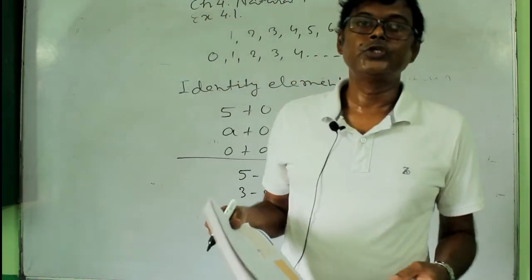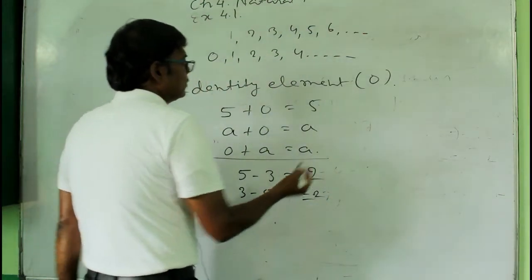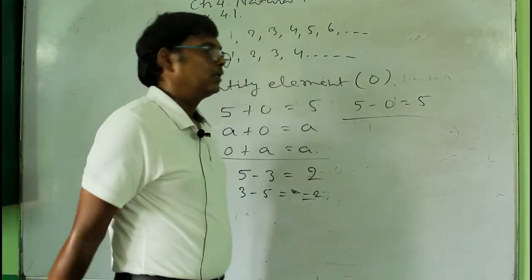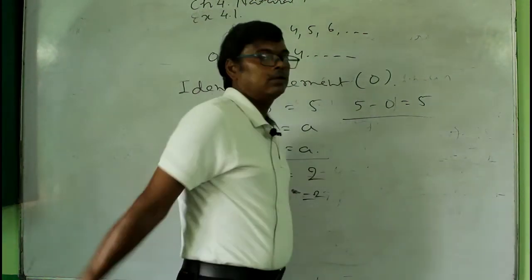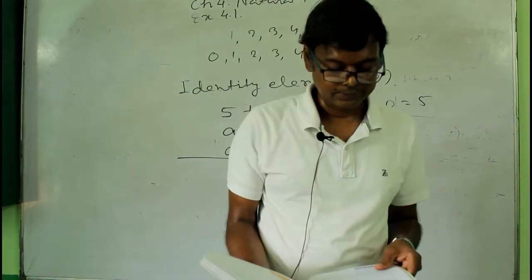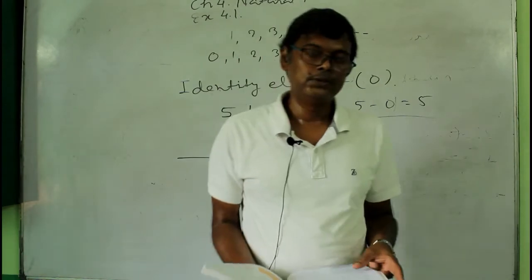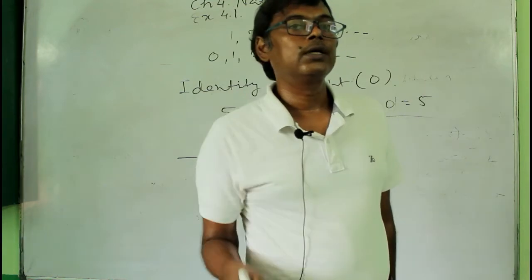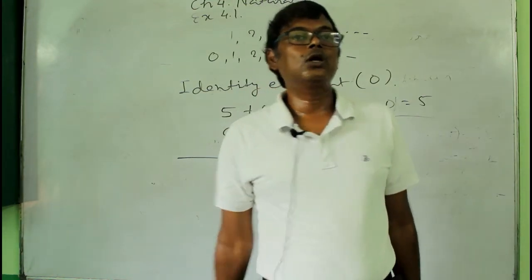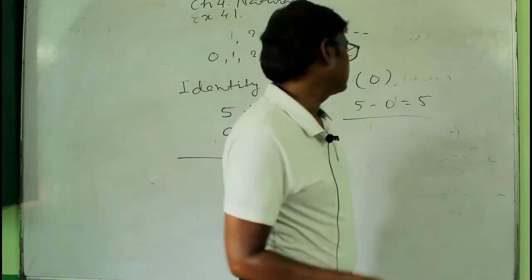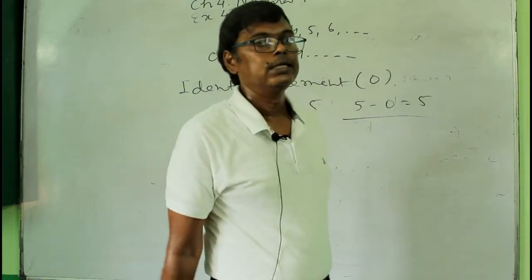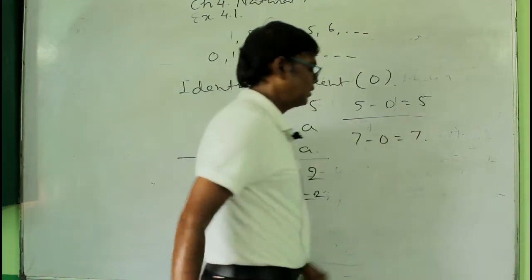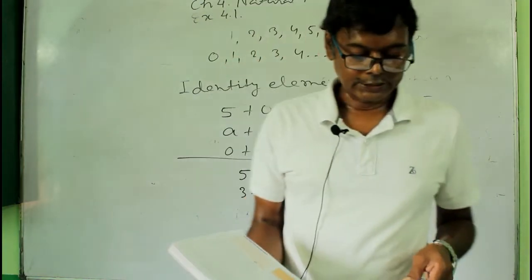And then you have the property of 0 in this, like 5 minus 0 equal to 5. So this is called the property of 0 for the subtraction of numbers. The property of 0 is true for the subtraction. So closure property, associative property, and commutative property do not hold good for the subtraction of whole numbers, and only the property of 0 is there, that is 5 minus 0 equal to 5 for any number, like 7 minus 0 equal to 7.